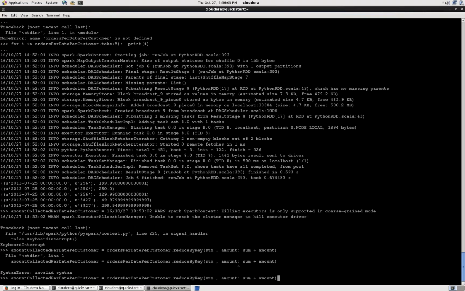This is a syntax error, which is the lambda function is missing because it's PySpark. I have to mention the lambda function. Is everything all right? Let me check once again. Spelling mistakes, anything? By key is fine, and then sum is fine, and then amount is fine. Brackets are closed. Yes,